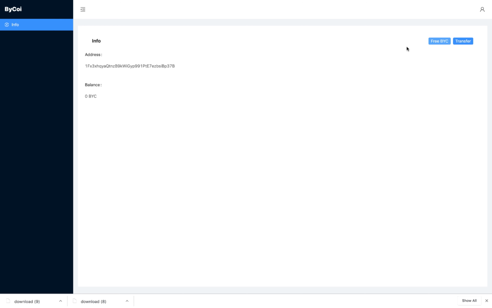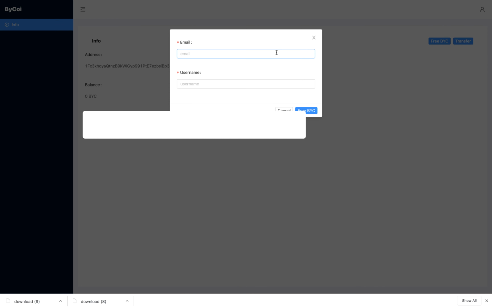To convert old coins to ByCoi, simply click Free BIC, add the email and the username that you have on this account and click Free BIC. Once you have done this, an email will be sent to your email address. You need to click the link in that email to